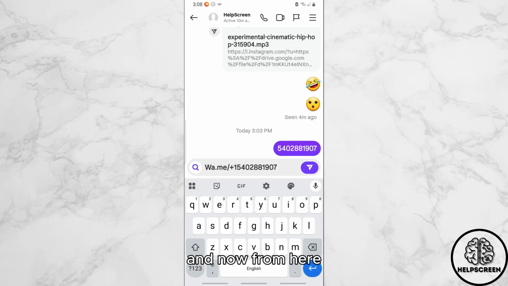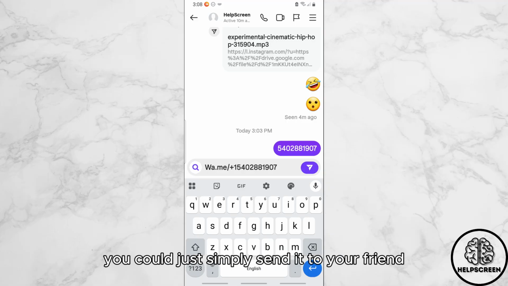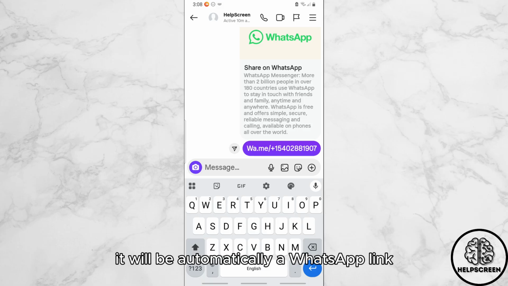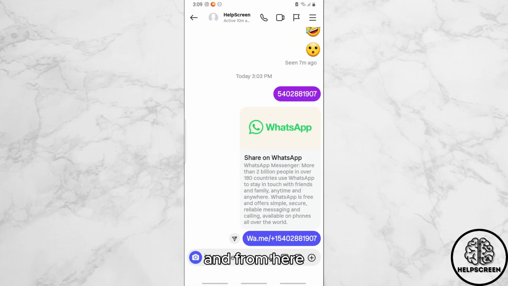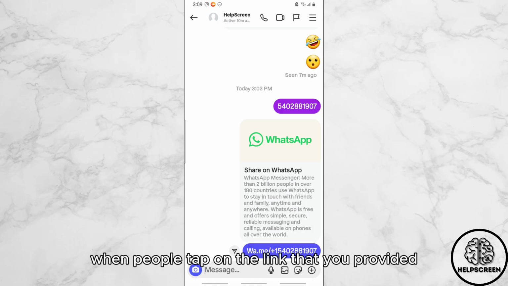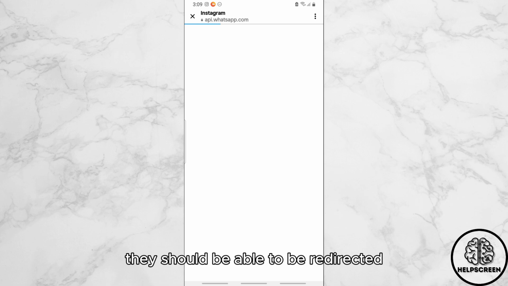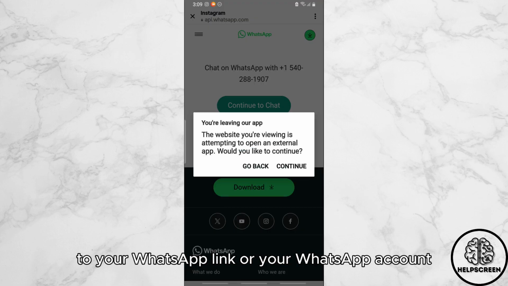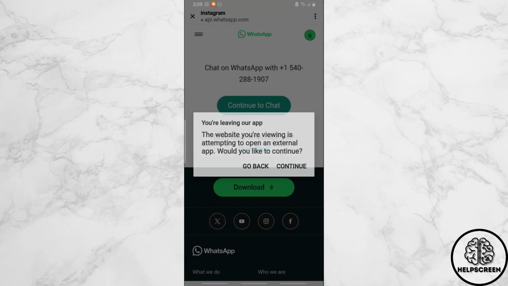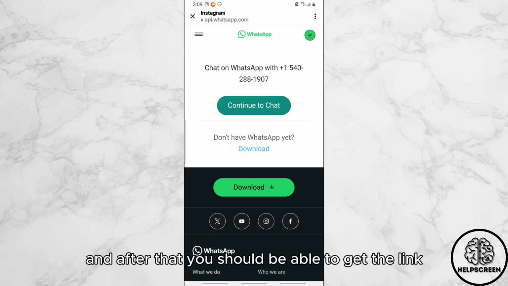And now from here, you could just simply send it to your friend. And after that, it will automatically be a WhatsApp link. From here, when people tap on the link that you provided, they should be able to be redirected to your WhatsApp link or your WhatsApp account. And after that, you should be able to get the